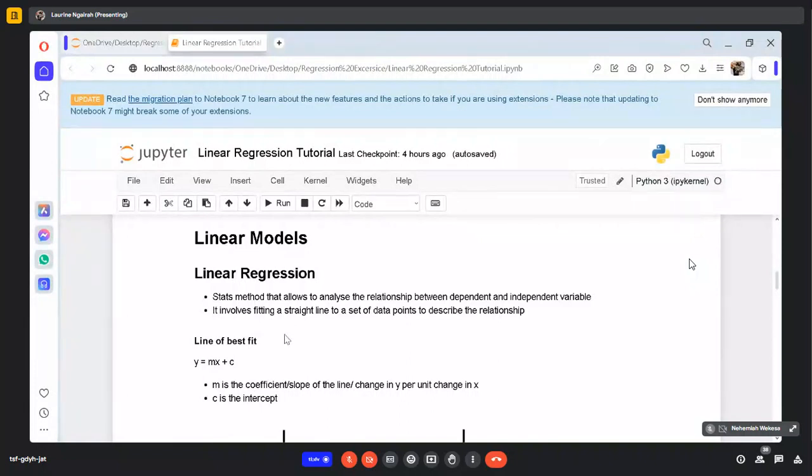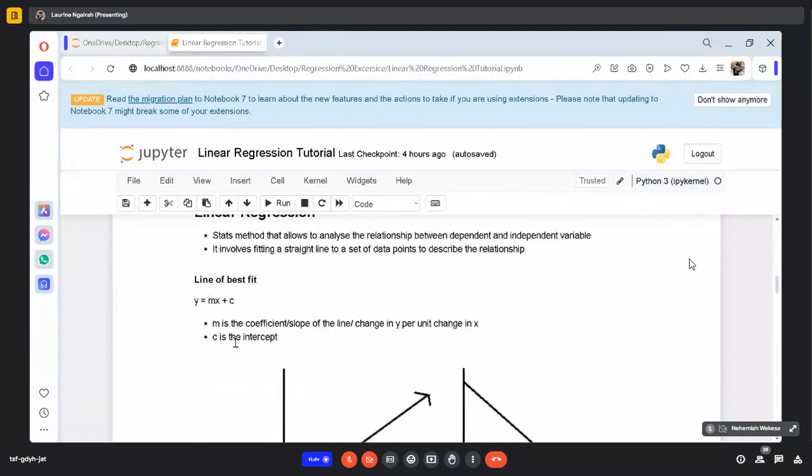So this line of best fit, we get it by using this equation. This equation helps us to get the perfect position of this line. So we use this equation, and basically the y represents the dependent variable and x the independent variable. And then we have the m, or the coefficient. This is the slope of the line,